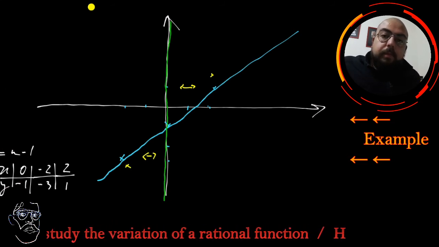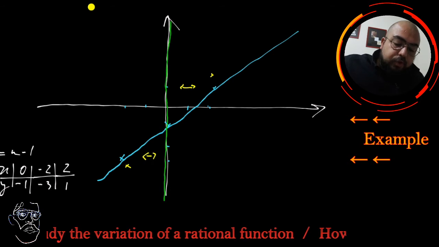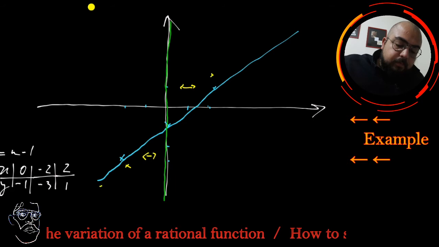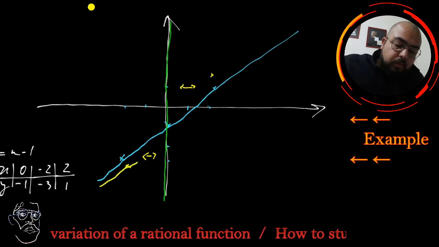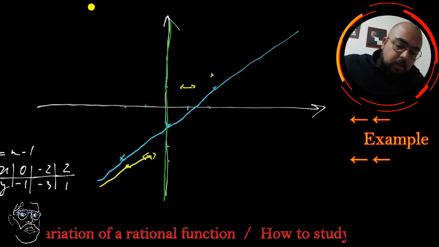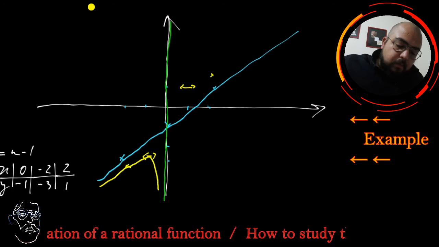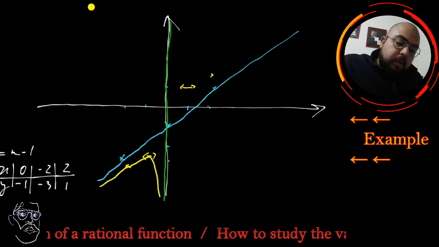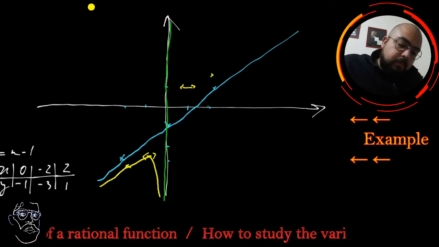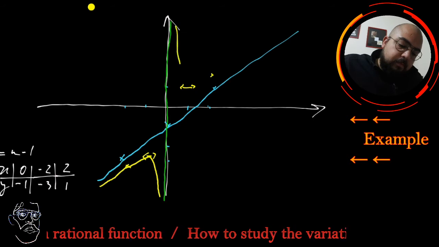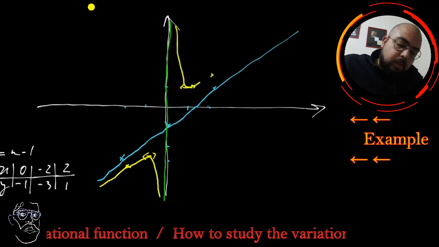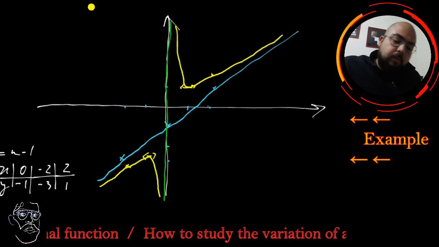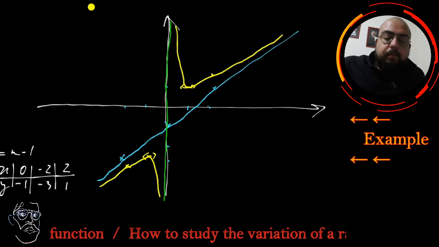And my curve will be taking this shape. It comes from minus infinity towards the maximum, and then towards minus infinity, and then from plus infinity towards this minimum, and it will tend towards plus infinity. This is the shape of my curve. Now,